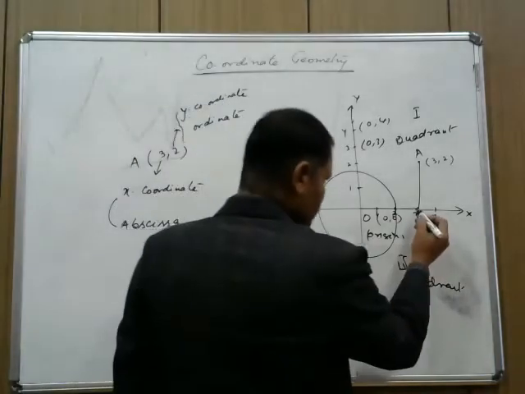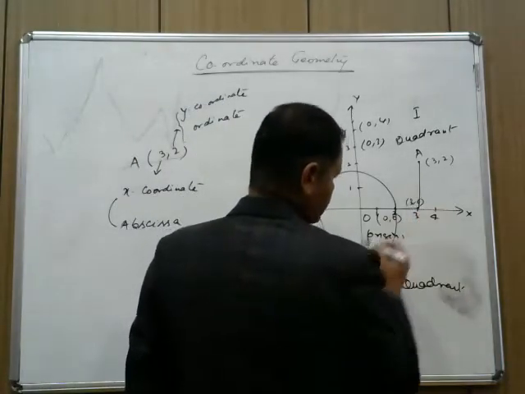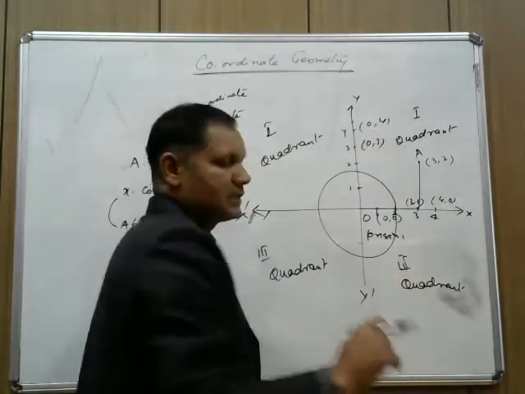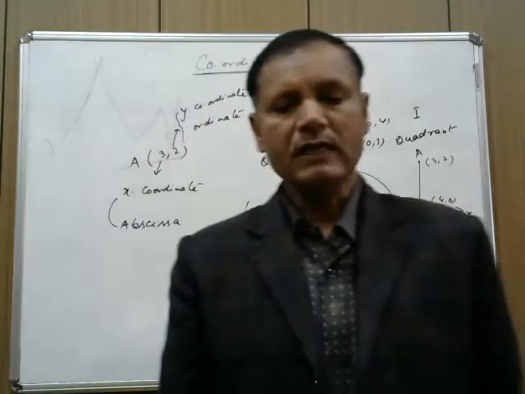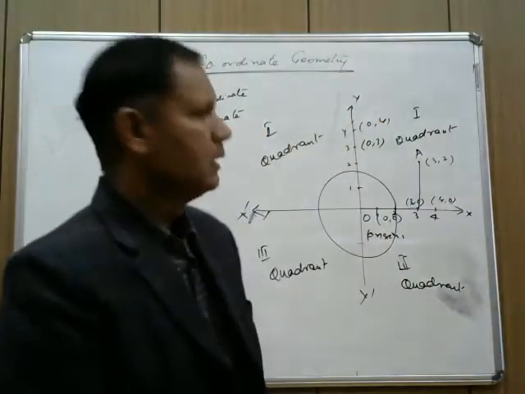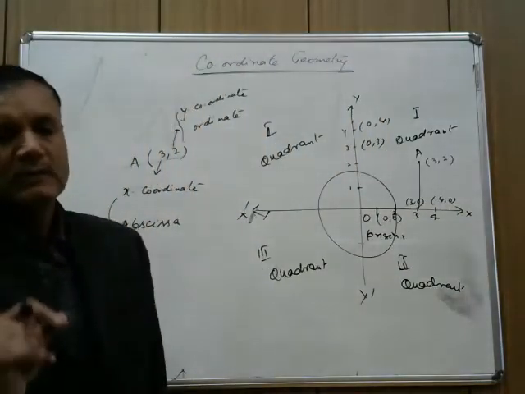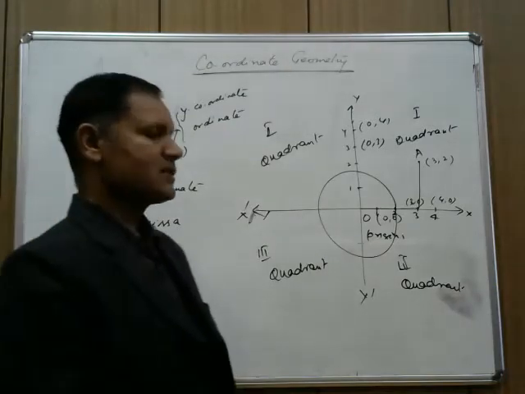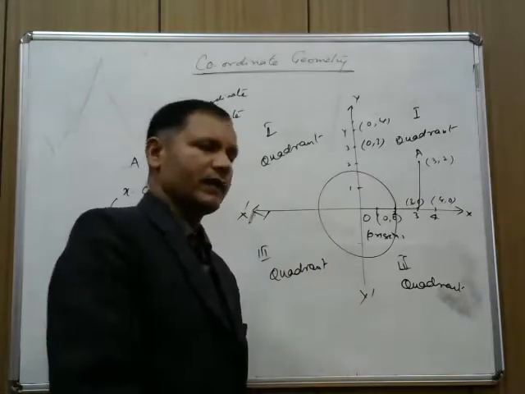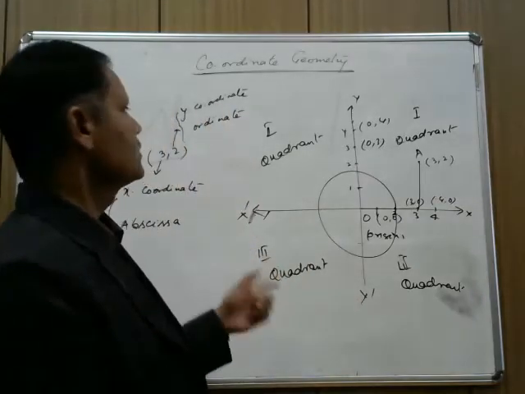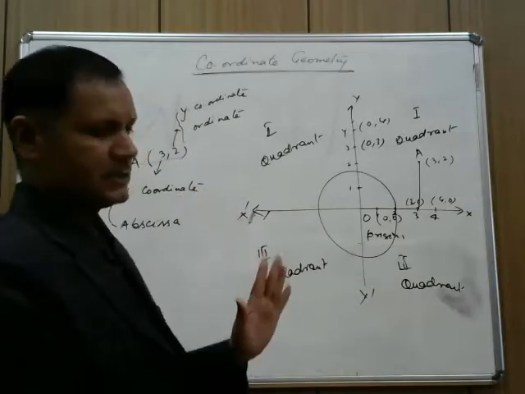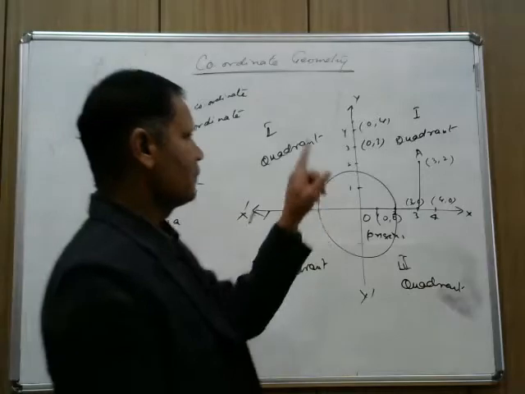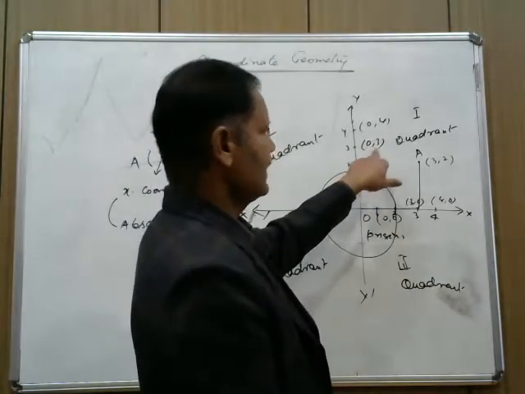Here I am saying it is 3, 0. It is 4, 0. But here I am saying 0, 3, 0, 4. See, the basic rule is first we say the distance measured on the x coordinate. That's why first we say the x coordinate and then the y coordinate. That means for any point denoted, the first entry of that particular point will be the x coordinate and the second the y coordinate.